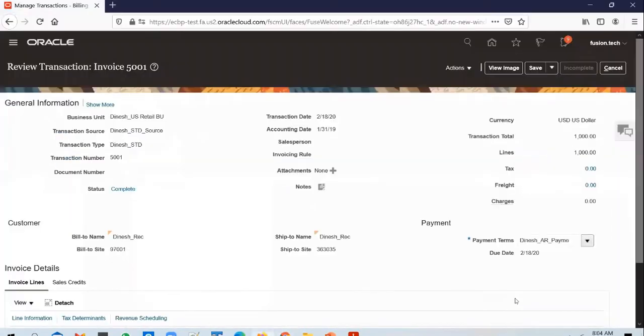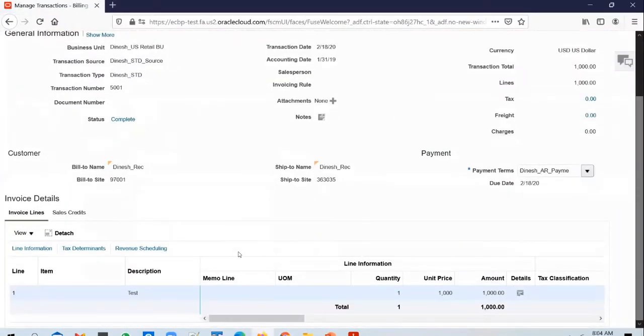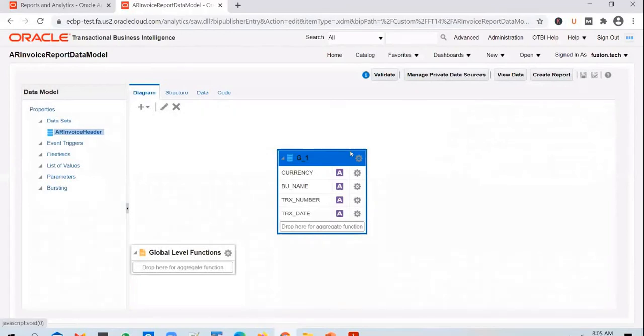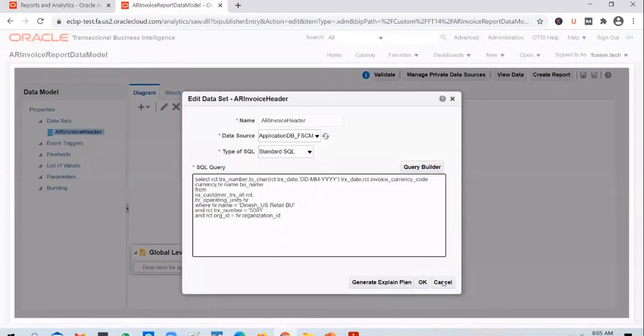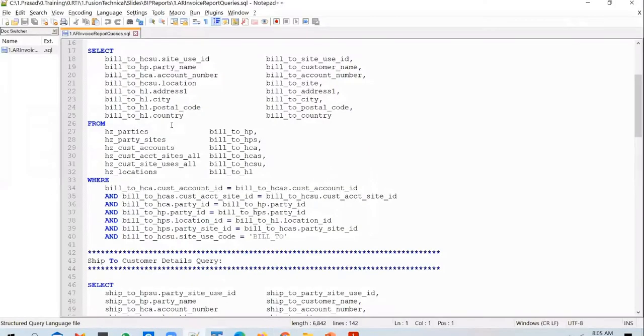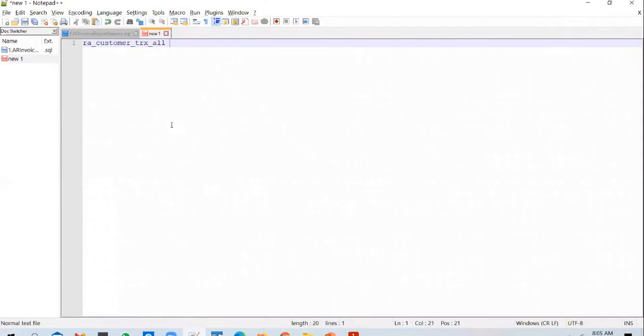Now let's go ahead and add in another query to pull the line details. So the line details, as we have seen in the documentation yesterday, the lines information is stored in a table called RA customer transaction lines, right? So you go into the diagram. So in this query, we have used the RA customer transactions table.